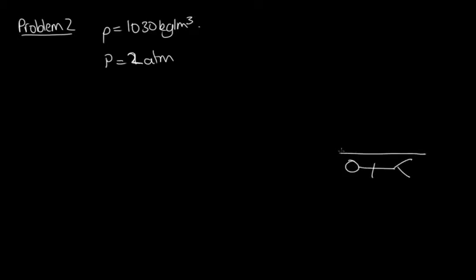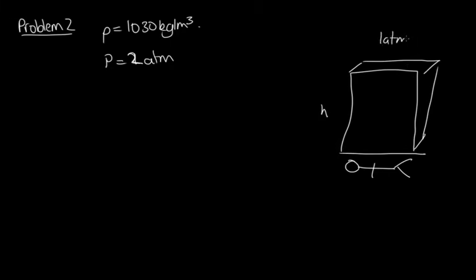In this problem, we're asked what depth does a diver need to dive to experience 2 atmospheres of pressure if the density of seawater is 1030. So the density is equal to 1030 kilograms per meter cubed, and the pressure we want is 2 atmospheres. So we do this one in a very similar way to the last question. We've got our diver, he's at some depth h that we want to find. There's 1 atmosphere of pressure acting from the atmosphere,